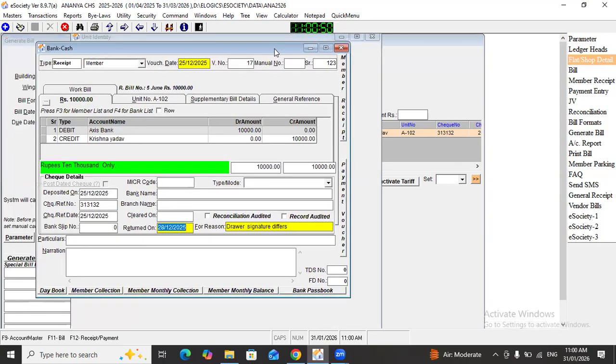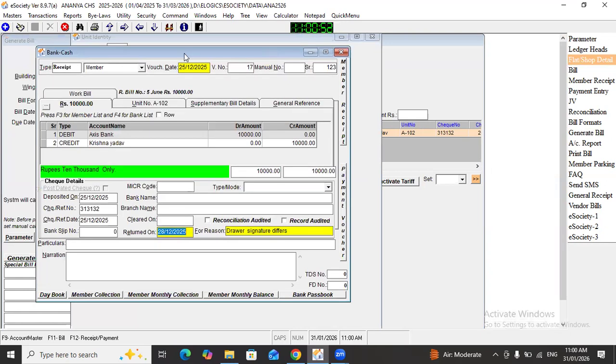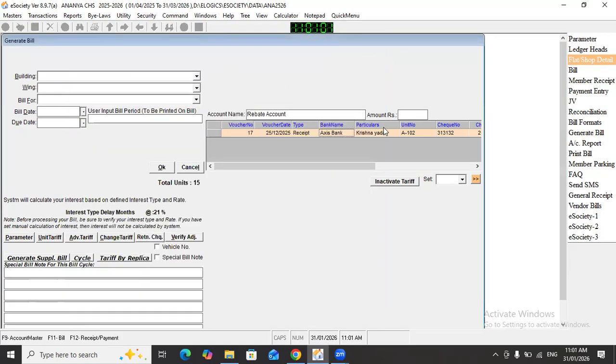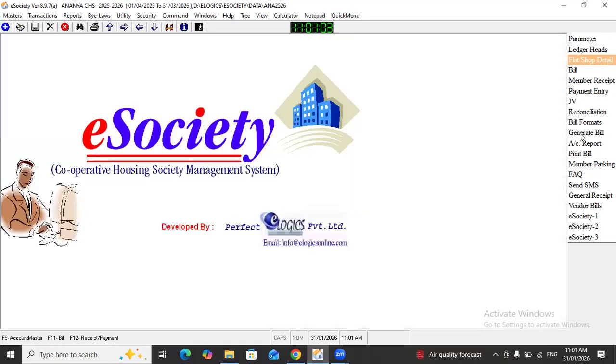As this check got cancelled, if you want to apply the check return charges in January month bill, so in this scenario, here you can see, go to generate bill.